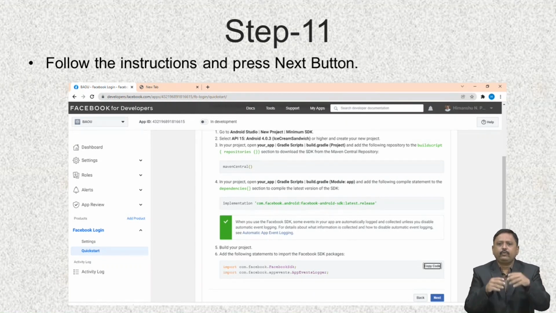So you have to add a dependency, add an import statement, and add some code inside your Gradle build file, etc. There are basically 4 to 5 steps that you have to follow as shown on the screen. So don't worry, they are very easy and clear cut, so you can easily understand. Follow the instructions and then press the Next button.